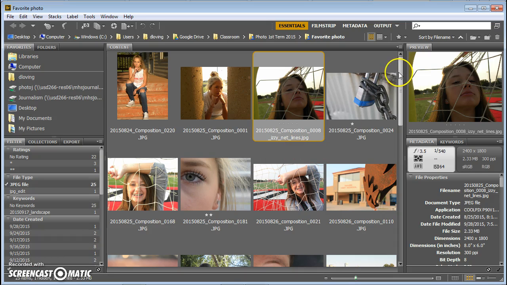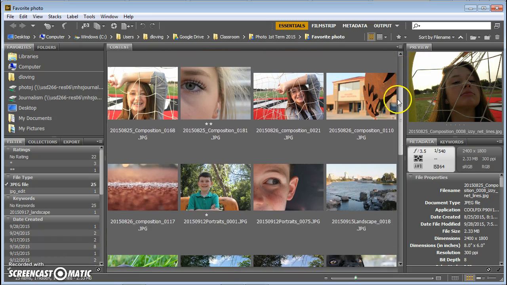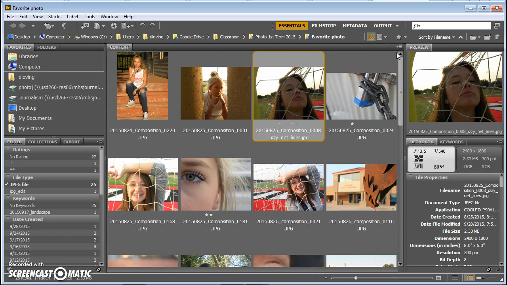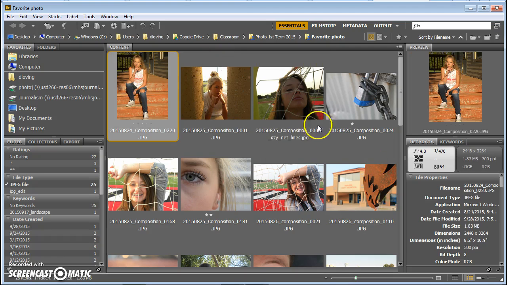So this is the way it looks when your pictures come in, and you're going to have them all in different boxes. You have your file names on them and such, and you can see that. You can see a couple of these have some stars on them, and we're going to get back to that in just a minute. One thing that I like about Bridge that makes it very helpful is you can look